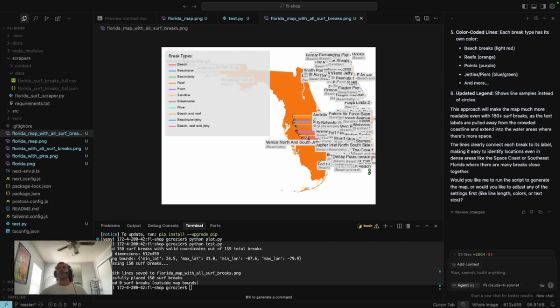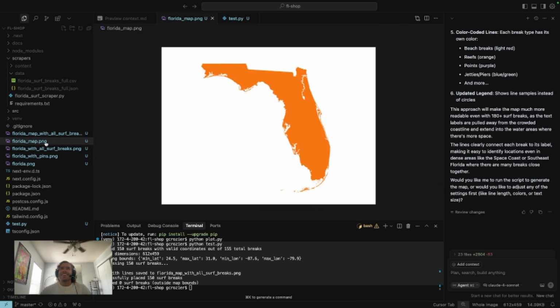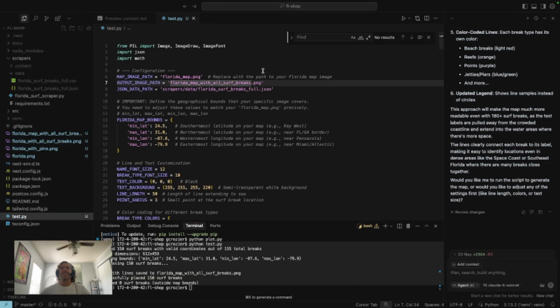That is just not good. That is just not good. Oh man. That is just not good. Alright, so we're just gonna stick with the Florida image that we have. So yeah, let's make this look so much better. So right now,